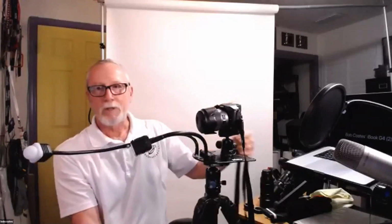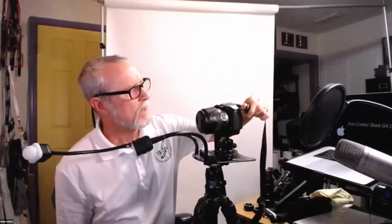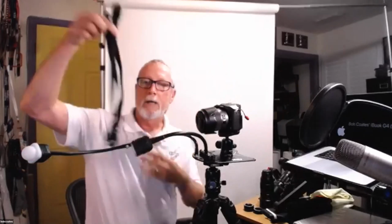So anyway, it just shows that there is a lot of handy stuff that you can do with these guys. And I know we don't talk about gear when it's not such a big deal, but camera straps. I'm finding that when you get out there in the wind and your camera strap is there, you need to wrap it around, and it's a real pain in the butt because it's throwing a lot of windage up on your camera. I'm using Peak Design straps, and right there with just a couple little clicks, the strap is now off